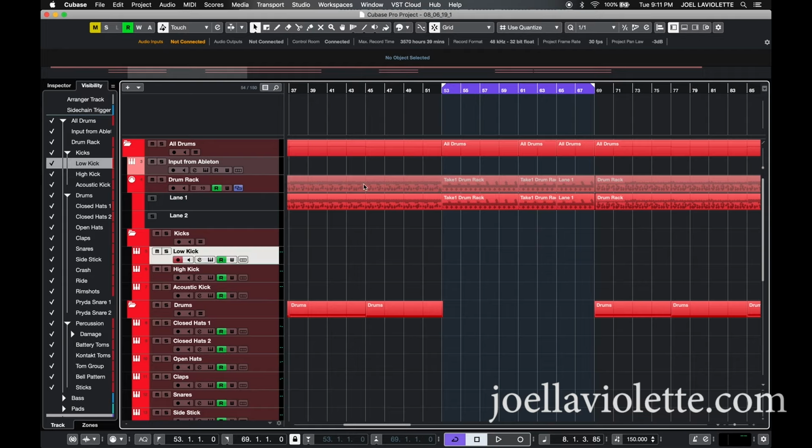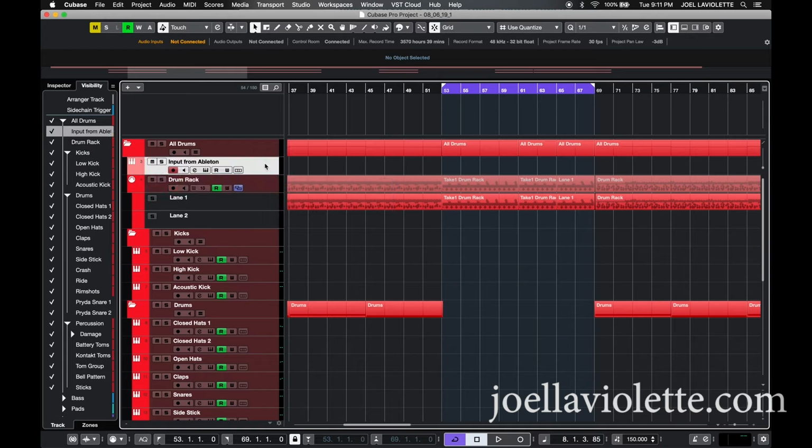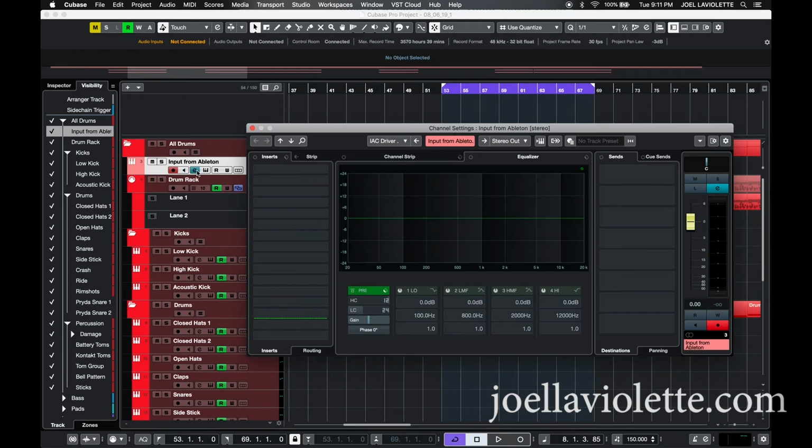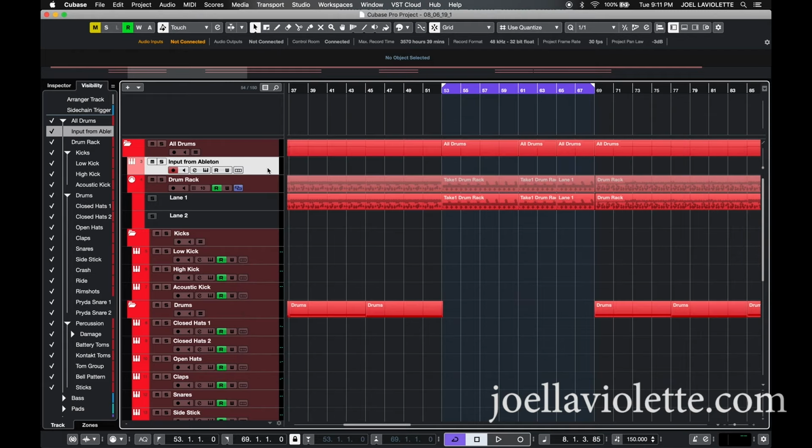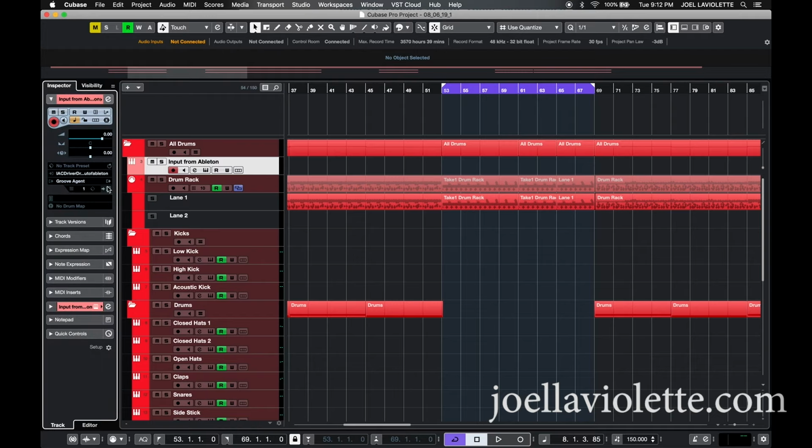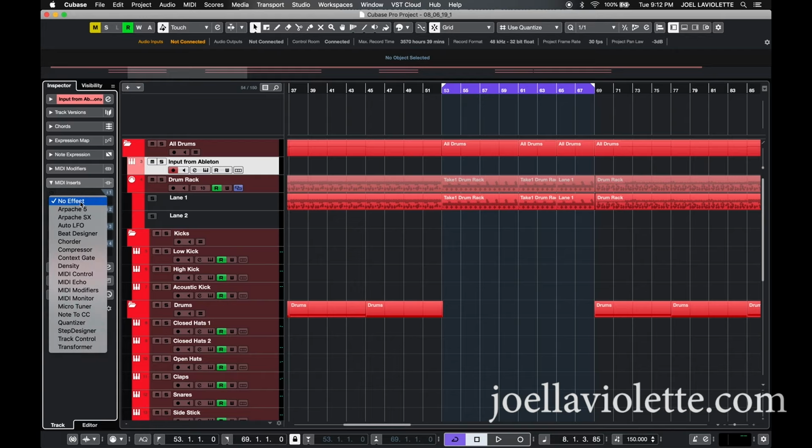Okay, so here's the thing about Cubase that I don't love. Or it may be a Rewire thing. I'm just going to kind of say it and explain it. There's an issue with IAC MIDI in Rewire where it strips. Here, I will actually just show you real quick. If you put a MIDI insert here and you do a MIDI monitor,